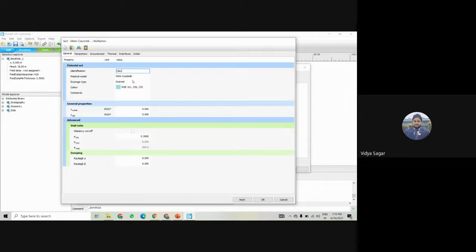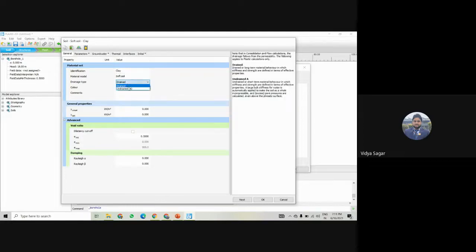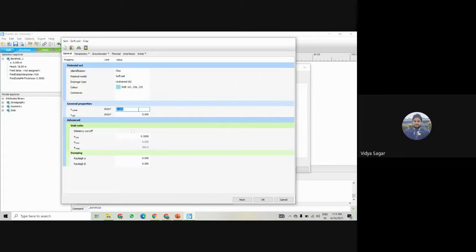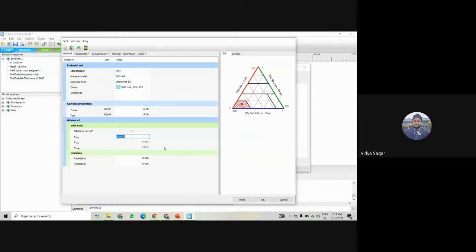Here I'm in clay, and this clay is soft soil. The material model is soft soil, and the drainage type is undrained. Color, you can decide any color. Unsaturated unit weight is 16 here, and saturated unit weight is 18. The void ratio is 1 here.